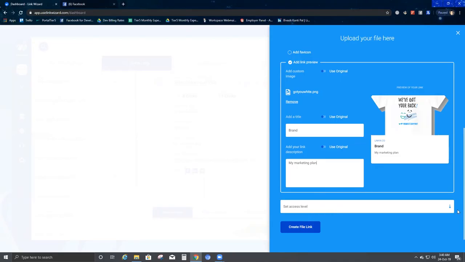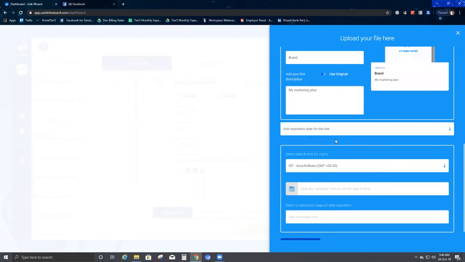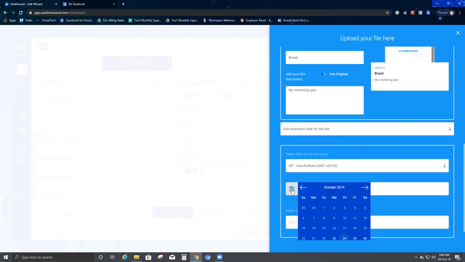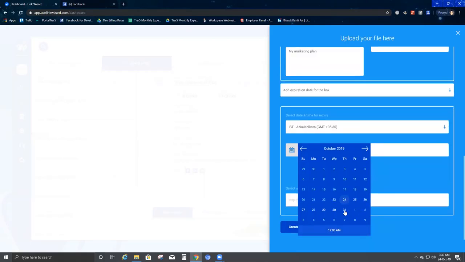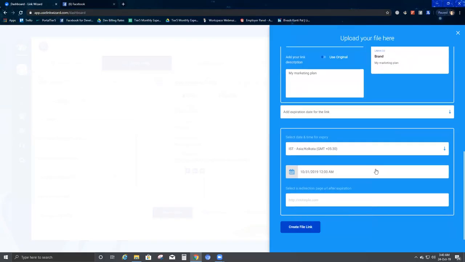Now it says set access level. You would need to click on that. You can add an expiration date, as I explained to you in the shortened link video. You can click on the calendar, and let's say we'll select the date of 31st of October and add that date, so that this file would expire on that particular date in the given time. And then if you want to select a redirection page URL after expiration, you can go ahead and select. You can put anything, for example,